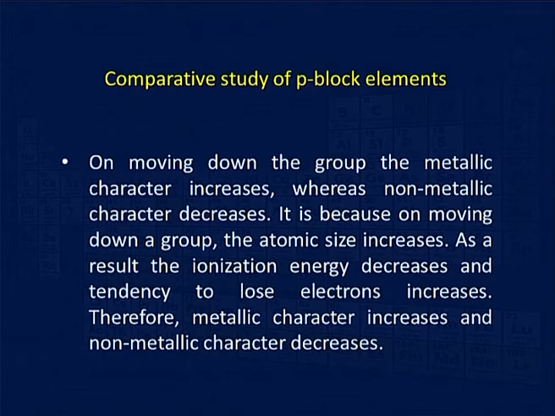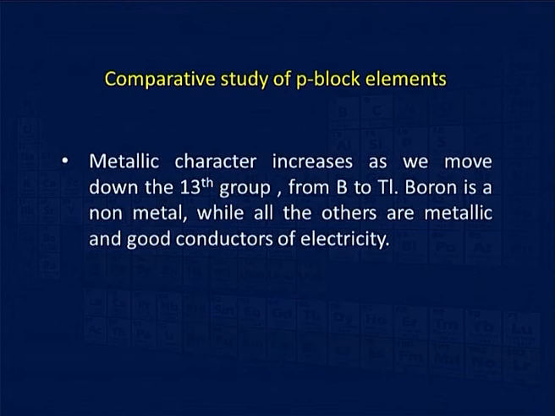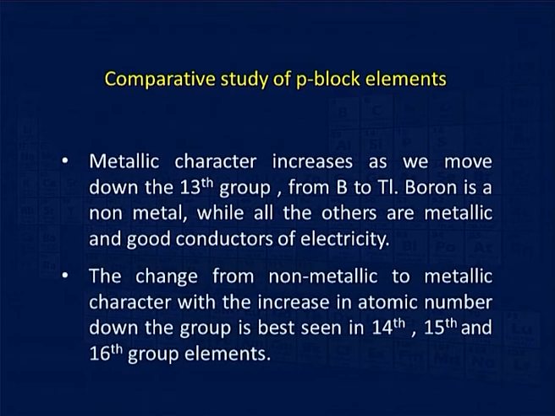Therefore, metallic character increases and the non-metallic character decreases on moving down the group. The metallic character increases as we move down the 13th group from boron to thallium. Boron is a non-metal, while all the other elements are metallic and also have good conducting properties for electricity. The change from non-metallic to metallic character with the increase in atomic number down the group is best observed in